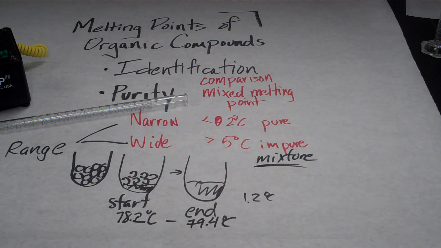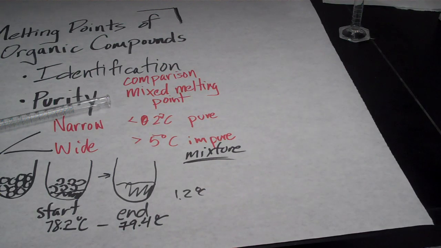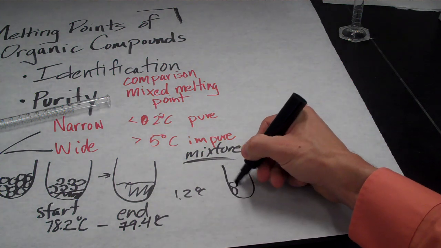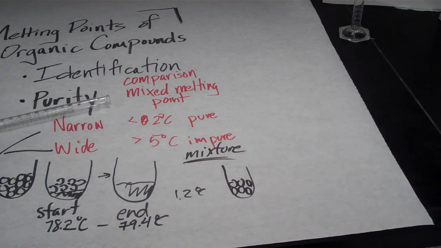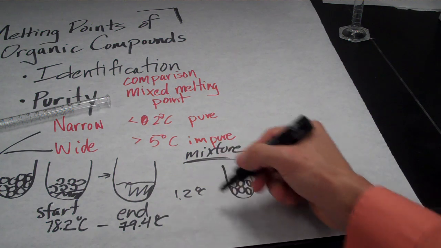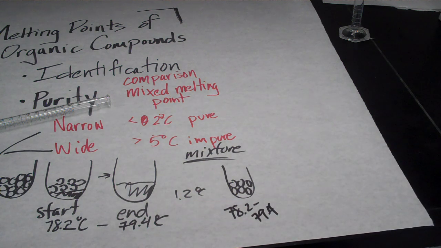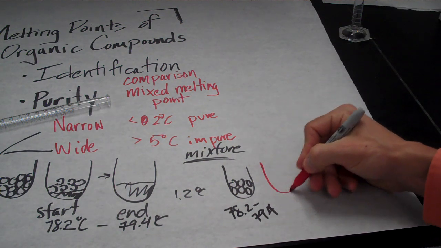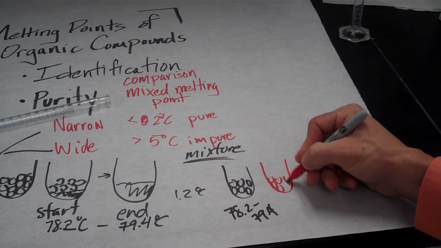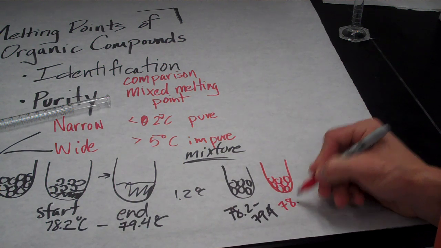Okay? And we can prove this concept to ourselves by studying the mixed melting point. Two samples that have identical melting points, if we mix them together, will have a different melting point range. So if I had, and I'll use different colors, a black material here in black marker that had our 78.2 to 79.4 range,